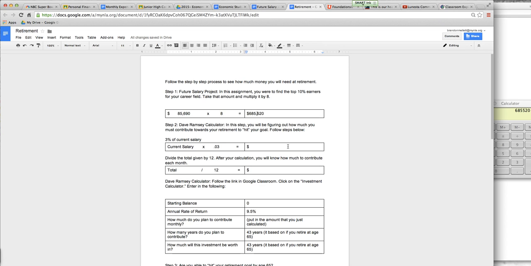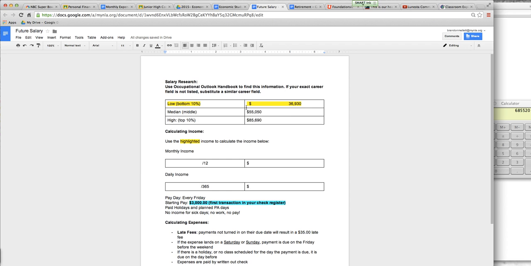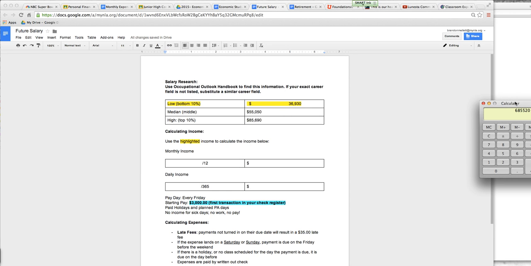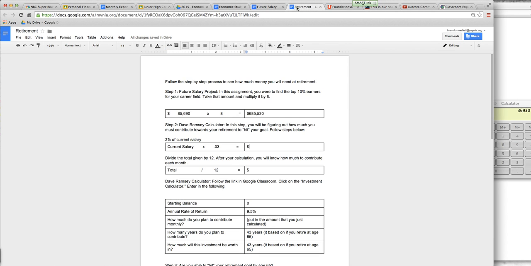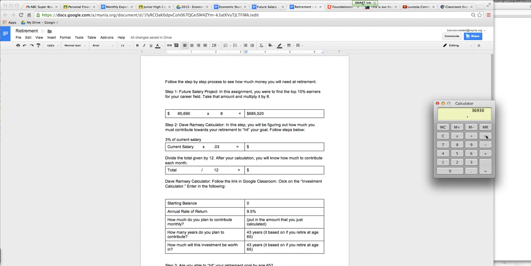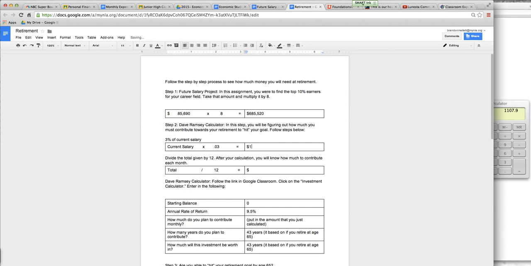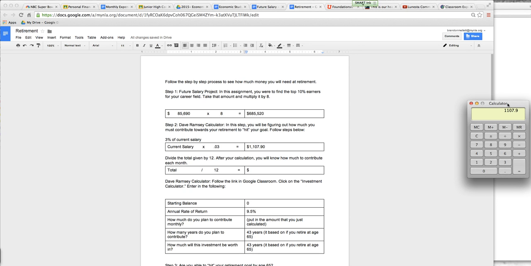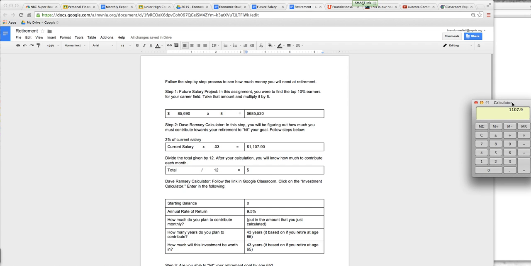Now, what I'm going to do next in step 2 is figure out how much I need to start contributing each month. So we're going to take our current salary, which is the bottom here of $36,930, and we're going to multiply that. Usually people try to do about 3% if not more. So we're going to multiply this by 3%, which would be 0.03. So I'm looking to put away each year $1,107.90. So for our game, we're going to take that amount and divide that by 12 because